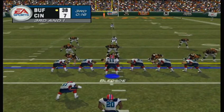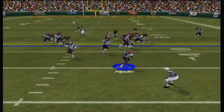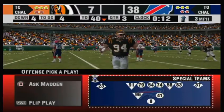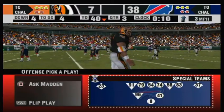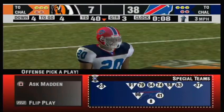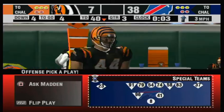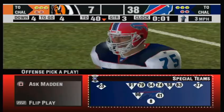Set. Cross play to the right. And he's tackled behind the line. Trying to take time off the clock with the lead. What do you think, John? Are they a little too conservative here? Well, maybe you want to give the other team as little time as possible. They're pretty comfortable running it, and falling short of the first isn't a big deal because you keep the clock